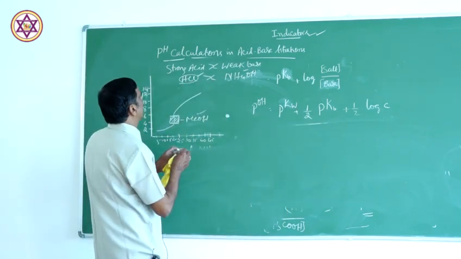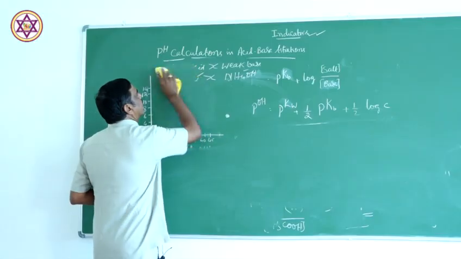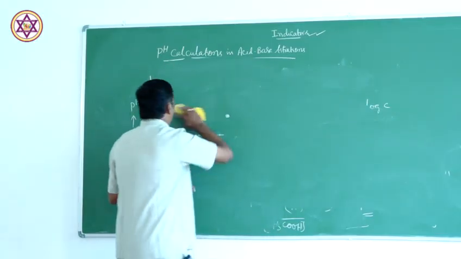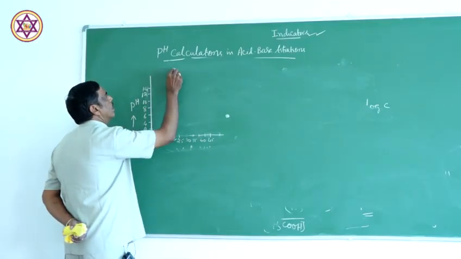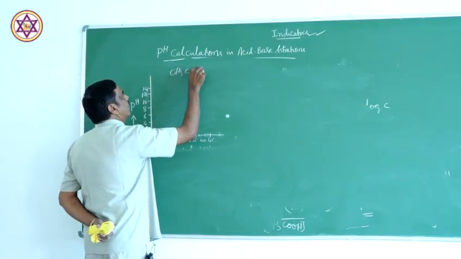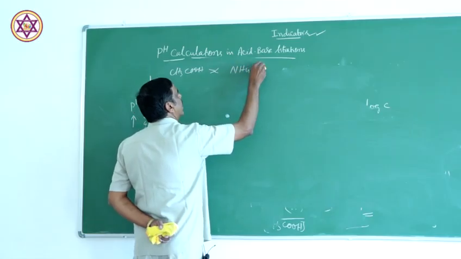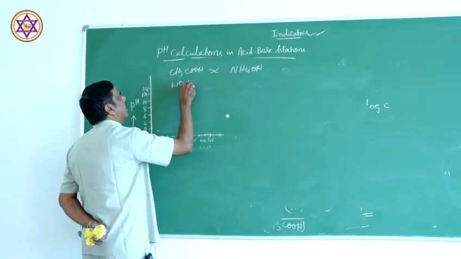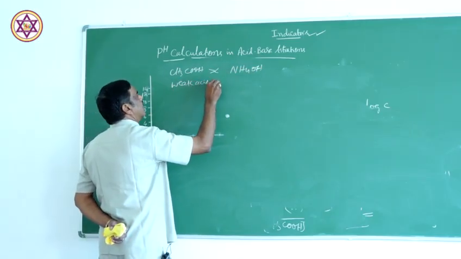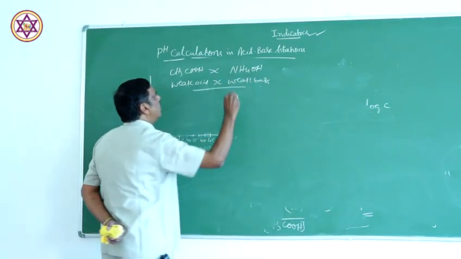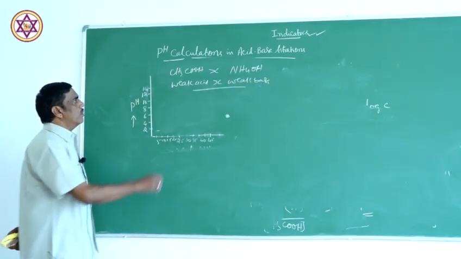This is the shape of the curve. Now the last type of titration is the titration of a weak acid versus weak base. Weak acid, acetic acid for example, versus weak base, ammonium hydroxide. So in this titration what happens? Since both of them are weak,